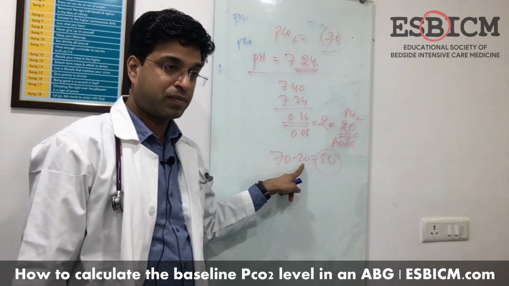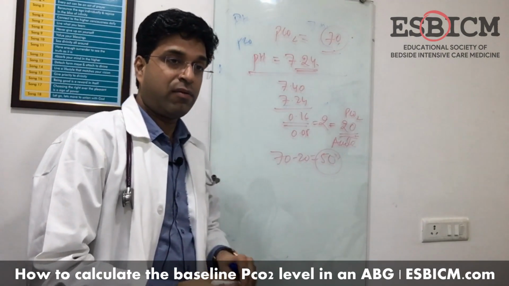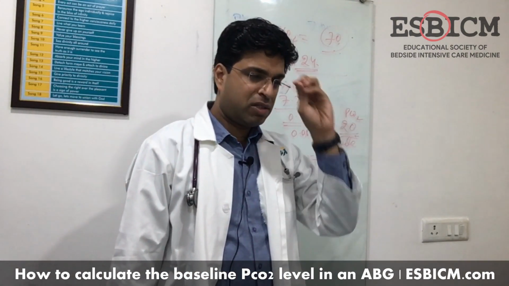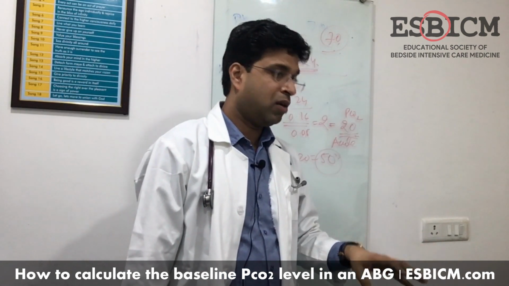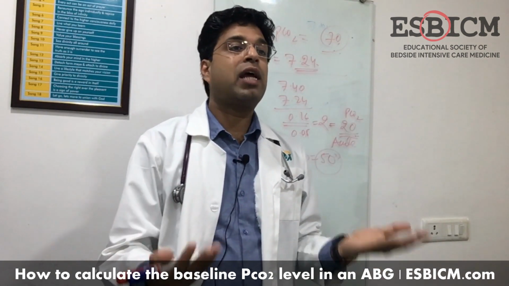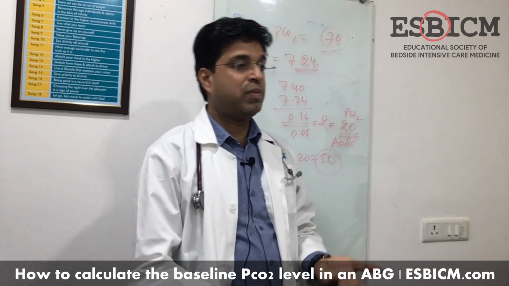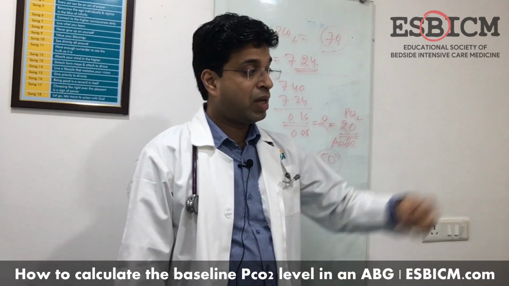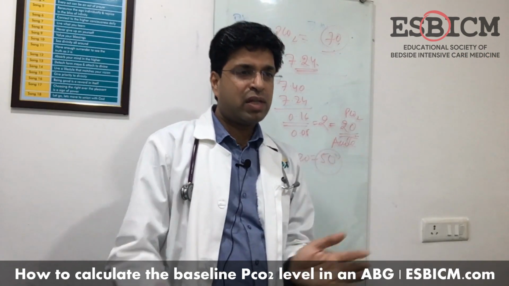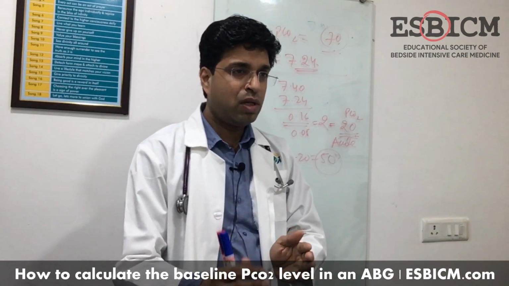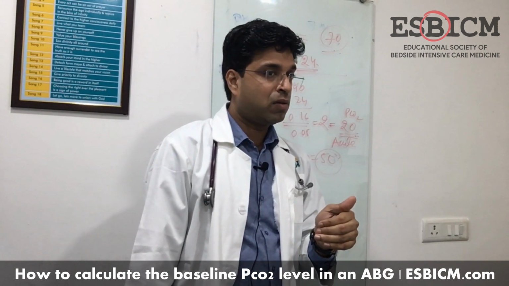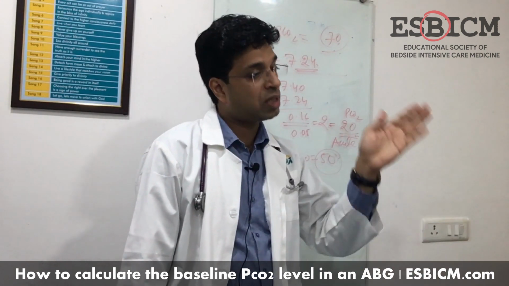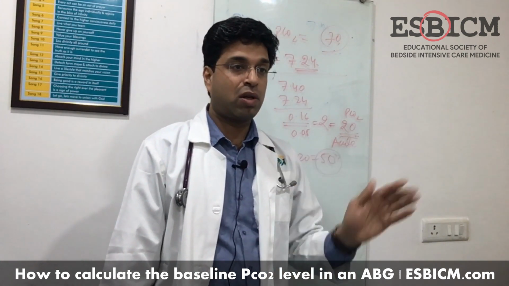Did you get this point? Yes, sir. Understand this point? So never panic just by seeing the PCO2 level. Whenever you see a rising PCO2 level, always check the pH. At times your PCO2 may be 60, but the pH is normal. No need to worry in this patient. At times the PCO2 may be high, 94, 96, 100, but the pH is somewhere around 7.2. So there is an acute component which has caused the PCO2 to rise to that level. You have to calculate the acute component. You have to target that component only, not the chronic one.